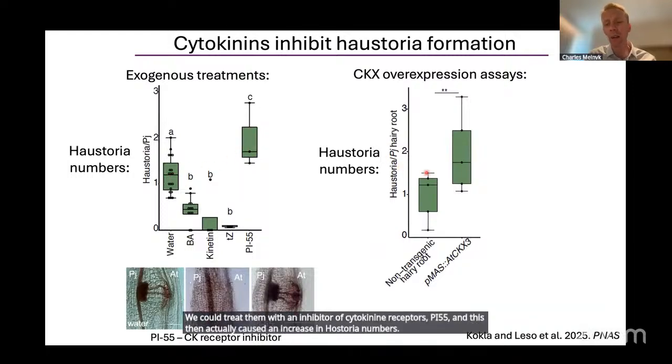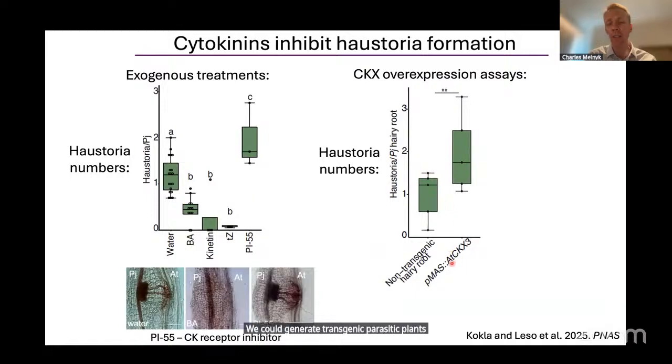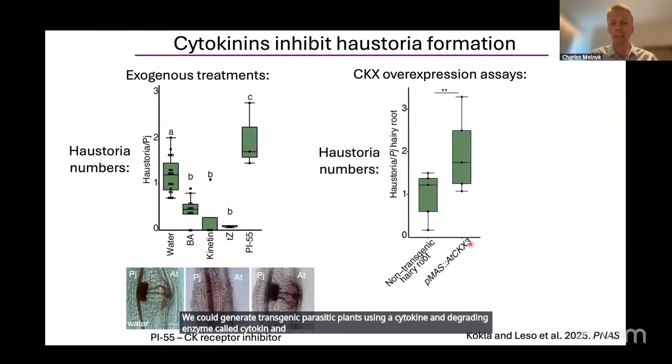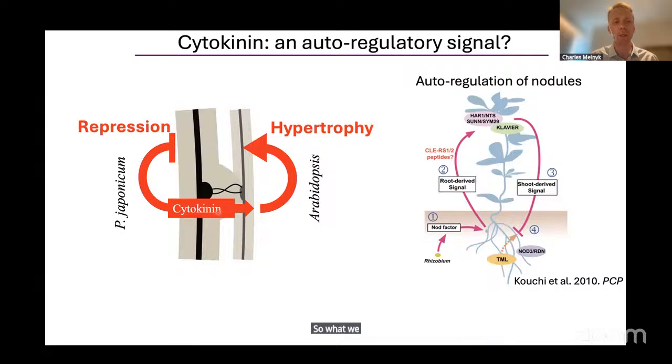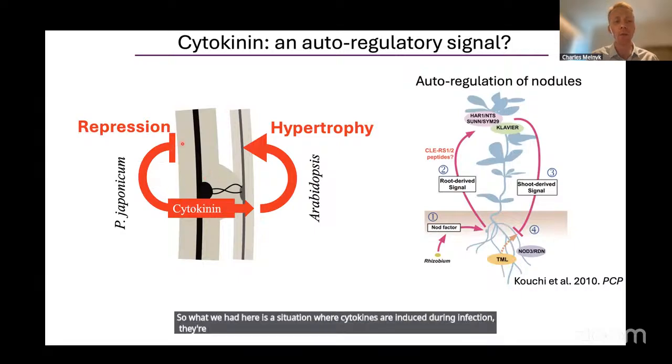We could generate transgenic parasitic plants using a cytokinin degrading enzyme called cytokinin oxidase 3. This lowers the amount of cytokinin in the parasite, and this led to more infections occurring, more haustoria numbers. So really suggesting that cytokinins were somehow having a repressive effect in the parasite. So what we had here is a situation where cytokinins are induced during infection. They're having a repressive effect in the parasite, but they're moving into the host to cause this stem swelling,